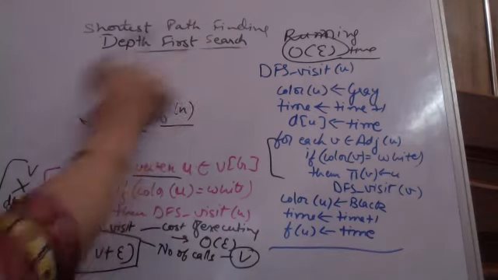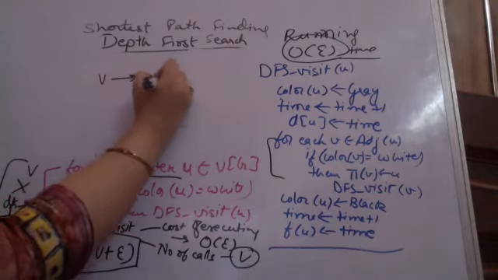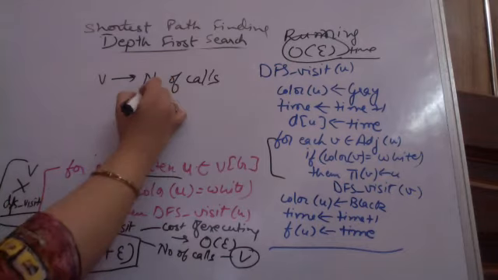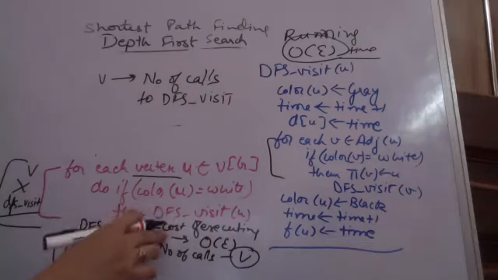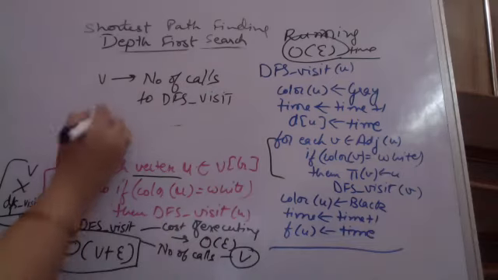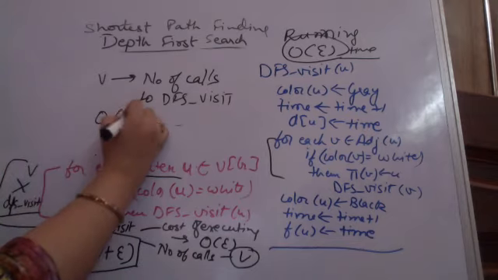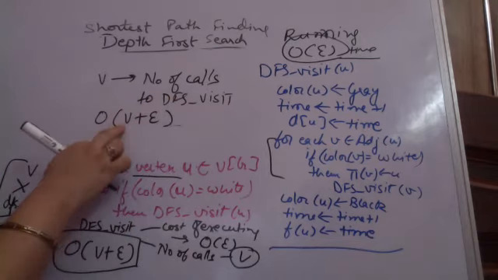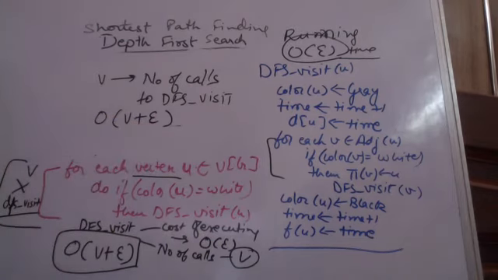So I am representing the same by DFS visit के लिए. V is the number of calls to DFS visit and cost of executing या running time of DFS visit is of the order E. So the total cost of executing this for loop, this becomes of the order V plus E. V times हमने DFS visit को कॉल करा है और हर बार उसे E टाइम लगा एग्जीक्यूट करने में. ये समझ आ गया? Yes, ma'am. सबको समझ में आ गया?